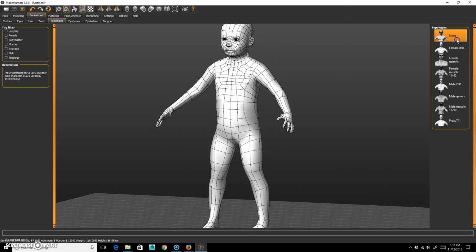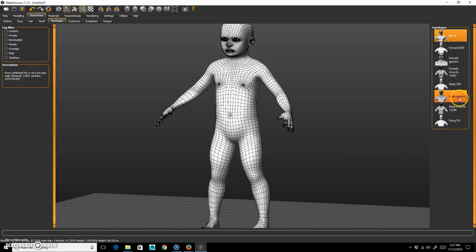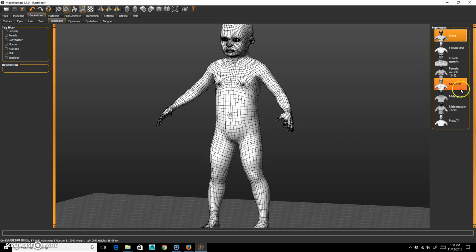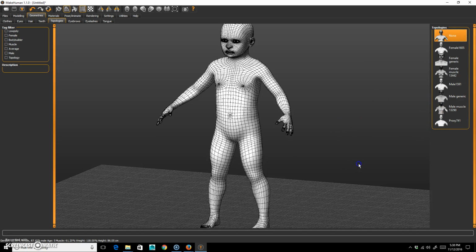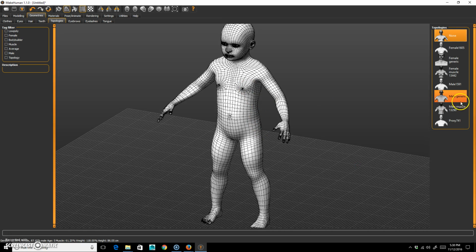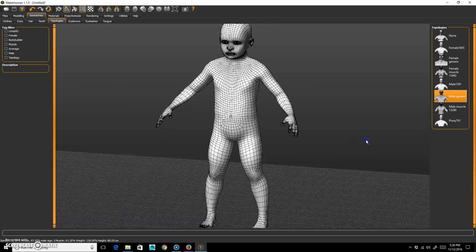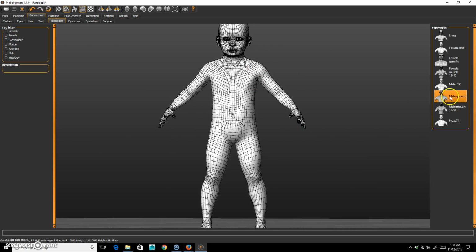sculpting on it anyway, so I'm going to go ahead and, let's see, male generic, whatever one I feel like best supports. So the face doesn't change, it's mostly just, I think, this area that changes. So male generic, I think I like male generic. Okay, so we're going to go male generic, that's fine. And then the rest of this I don't really care that much about. It has lots of other different options and things for you to play with, but